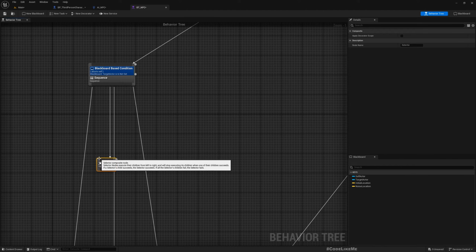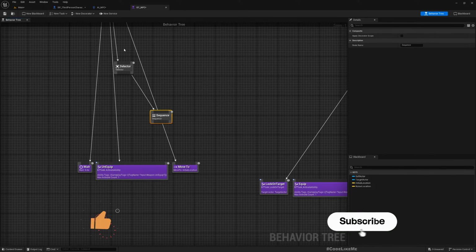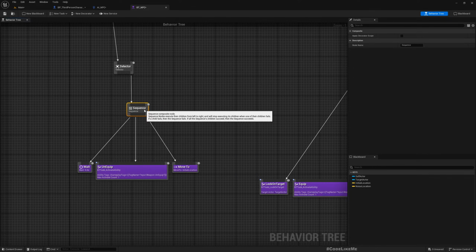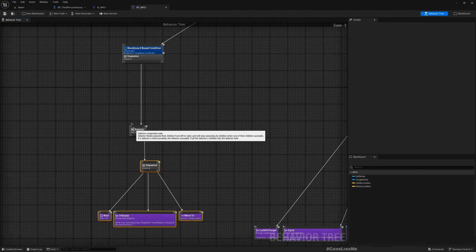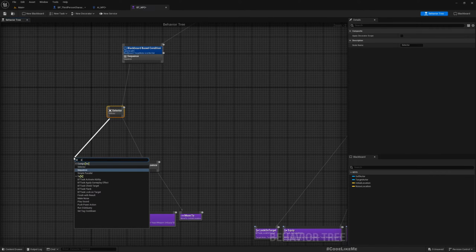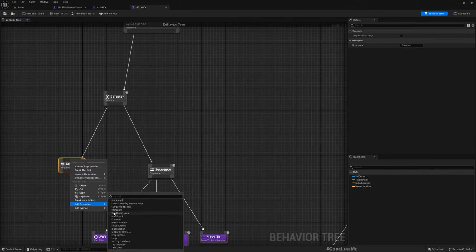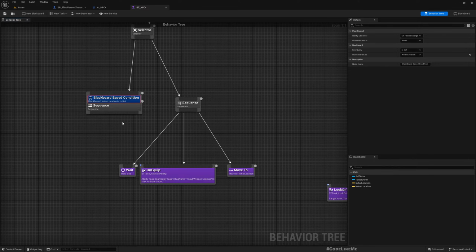So here let's add a selector, and then let's add a sequence, and I'll add these. This is the part that will be executed when there are no noises detected. And here I'll add another sequence. Here let's add a decorator, blackboard decorator, and I'll choose is set noise location. So I'll set the observer aborts to self,